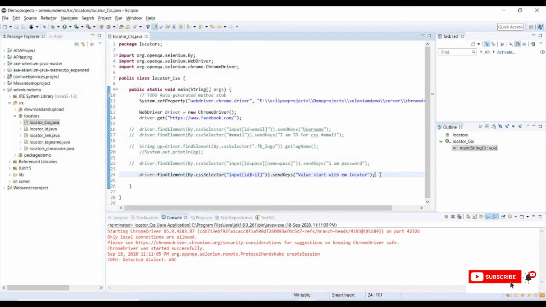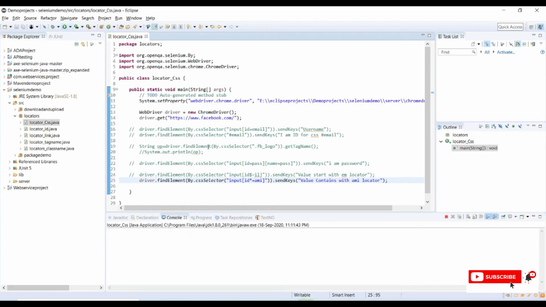Let's try another, which is a contains operator, which is a star. Let's see ema. Contains. Let's quickly run again.